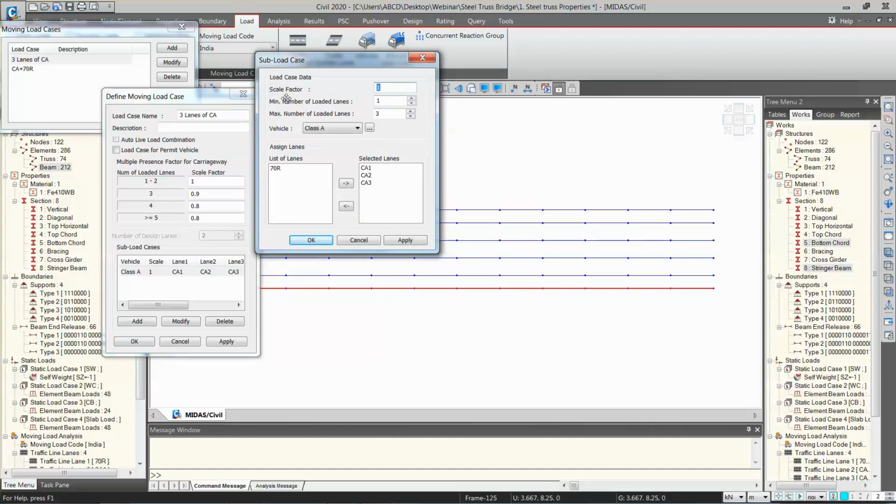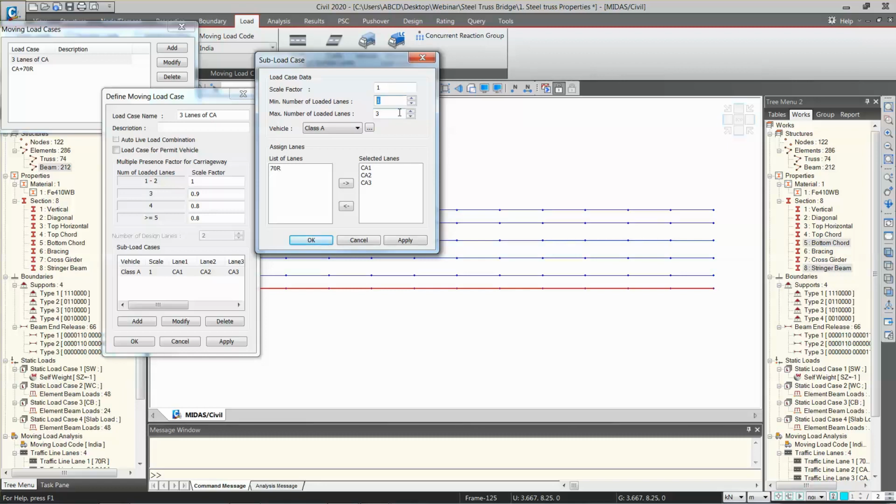So minimum maximum number of loaded lanes means it will create different load combinations. First it will run only on a single lane. It could be any of the 3 lanes, first lane, second lane and third lane. Then it will keep the loading on 2 lanes out of 3 lanes. It could be first and second, or second and third, or first and third.